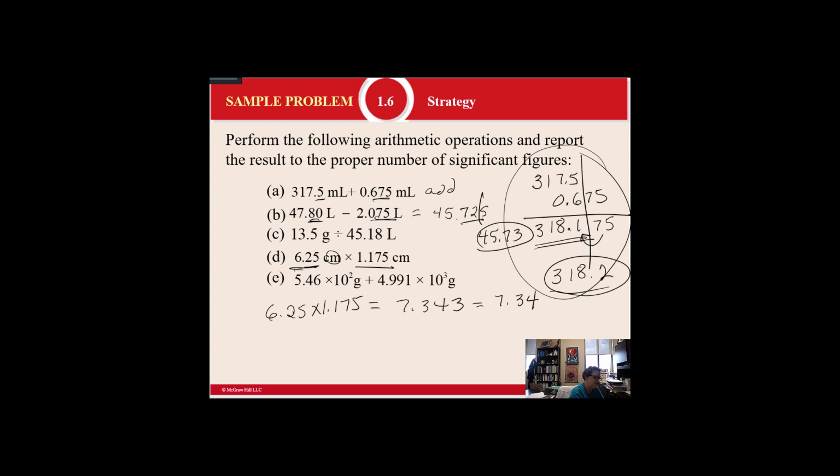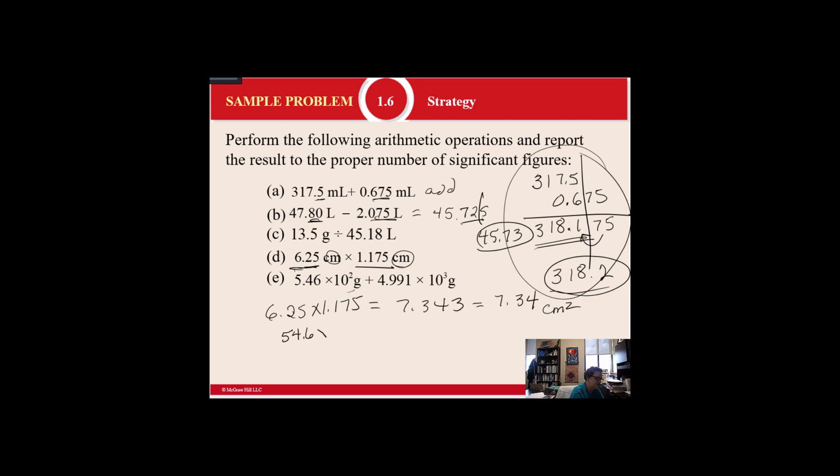Notice what your units are. You had centimeters times centimeters, so that's centimeters squared. Remember, you're always going to multiply your units. In scientific notation, this can be a little tricky. What you usually want to do is get them to the same notation. So 5.46 times 10 to the second would be like